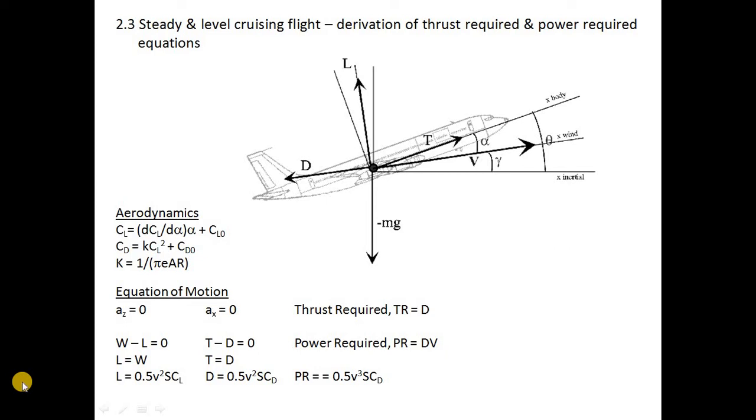Okay, welcome. This is part 2.3, NEC 671. Our topic is steady and level cruising flight. And we start with the revision of the thrust required and power required equations. So the first thing we see here is